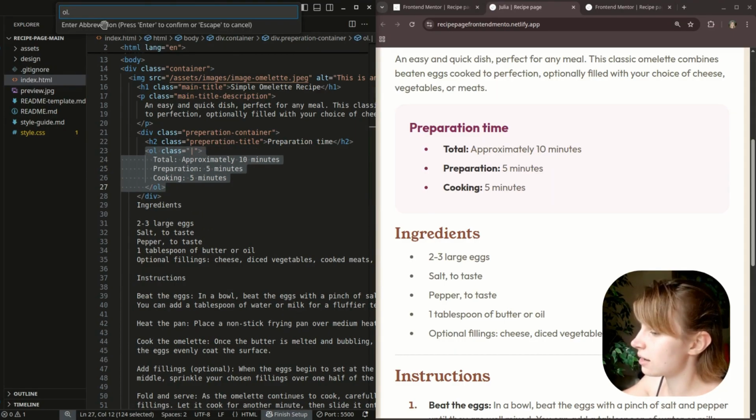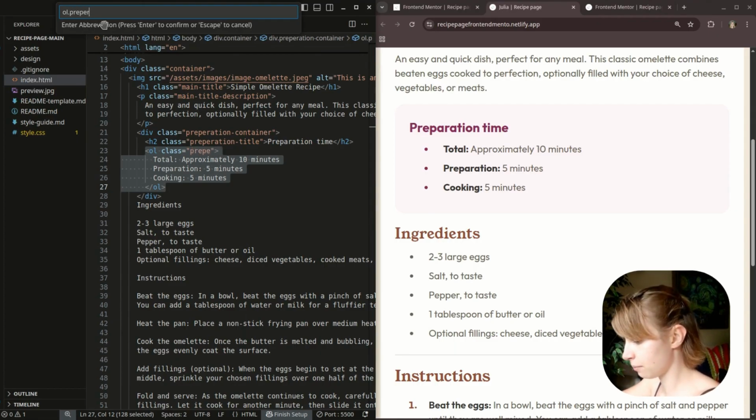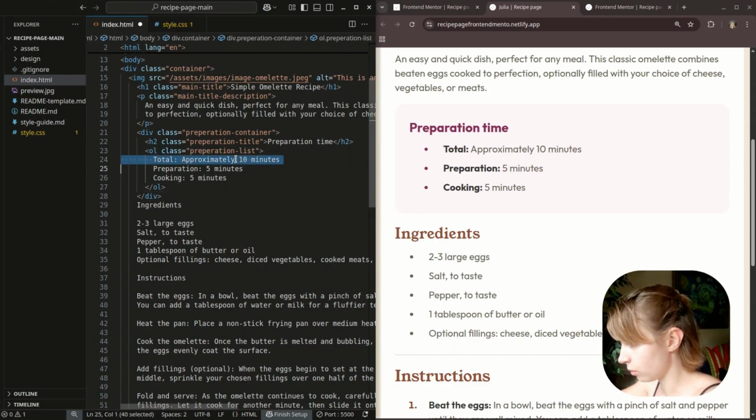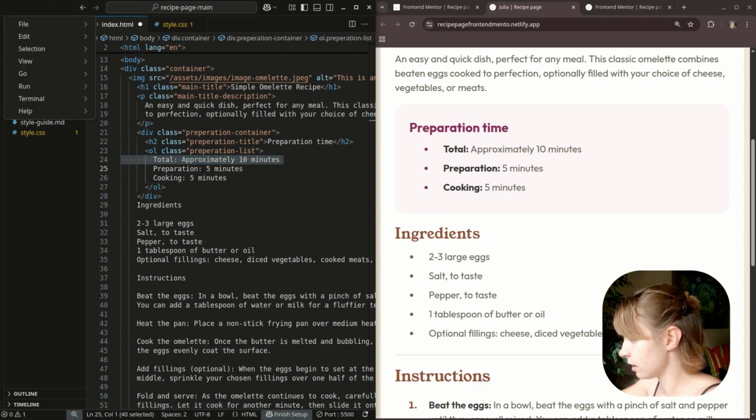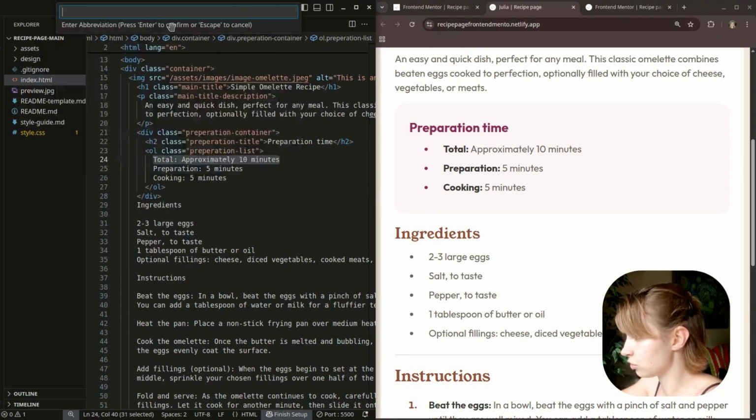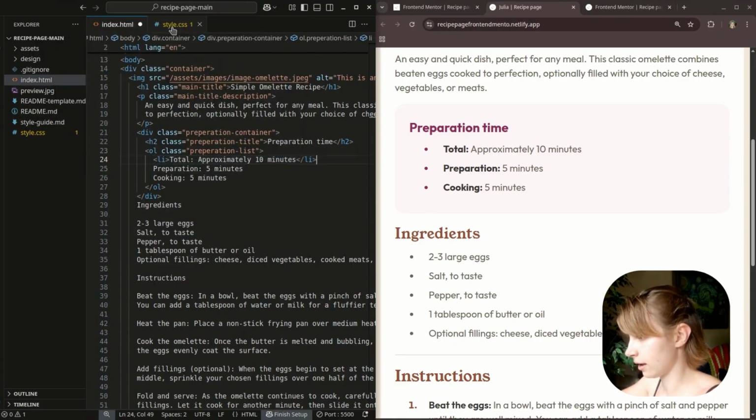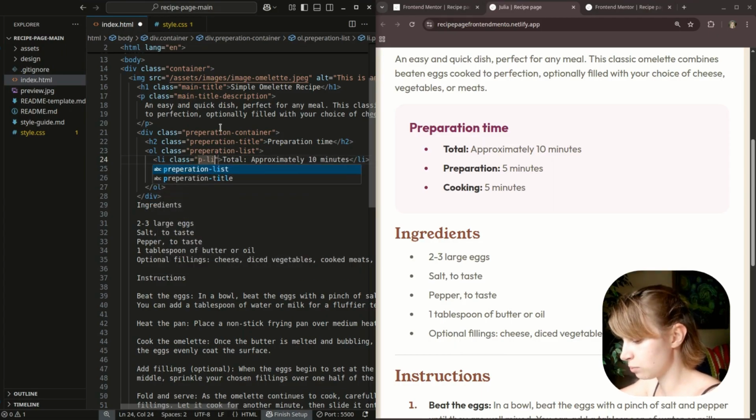Potentially, I might change that later, but as you can see, this bullet point isn't necessarily ordered. There's not a step-by-step guide to how we're doing this. So we can do that as an unordered list. Okay, and then we can do preparation list, and then within this here, we're going to do these list items. So to do a list item, we do Emmet wrap with abbreviation li. We're going to copy that for every single one, and we can provide a class here. We can manually write in classes as well, and we can do plist item so that we don't have to